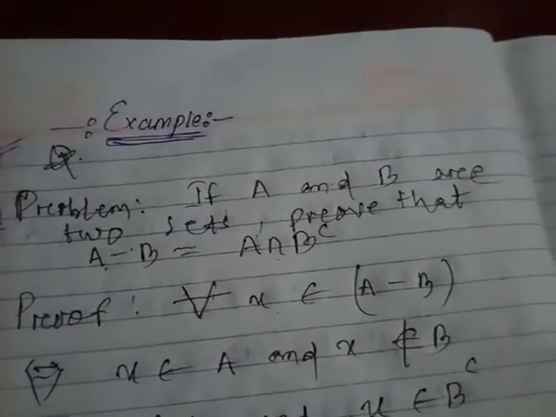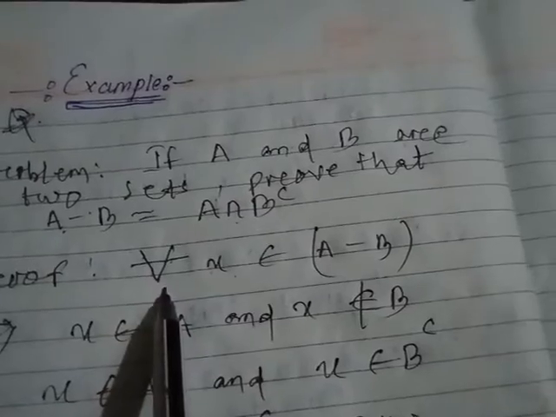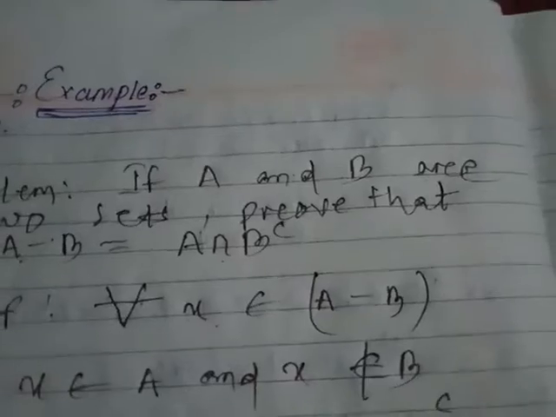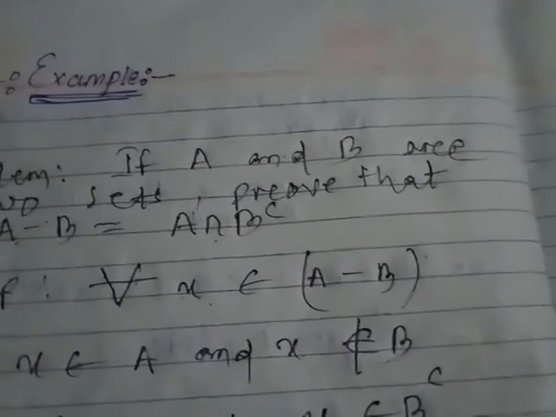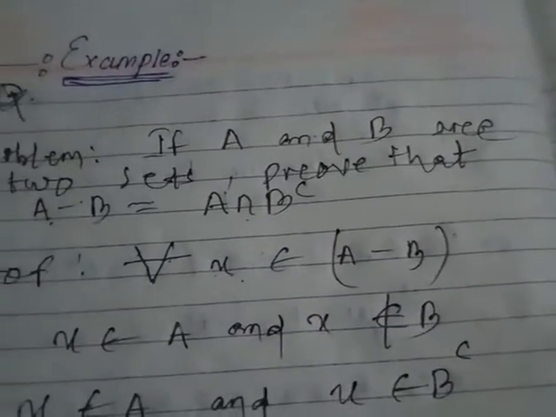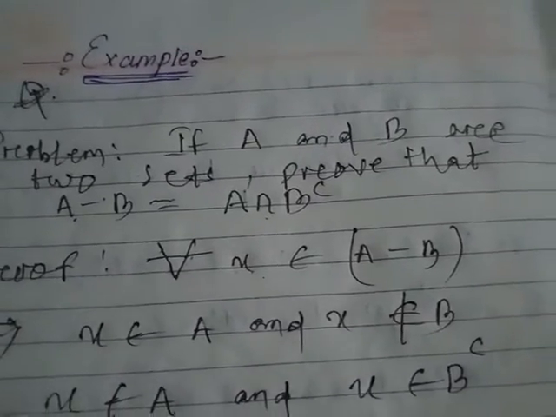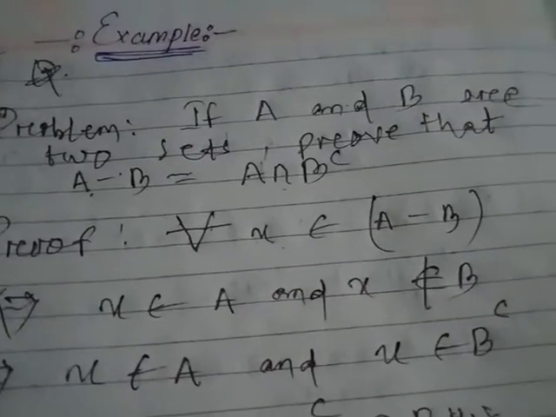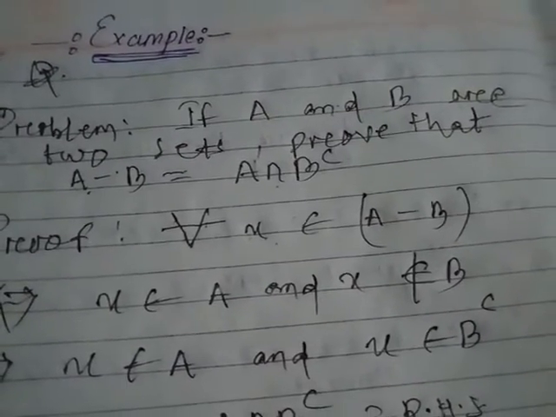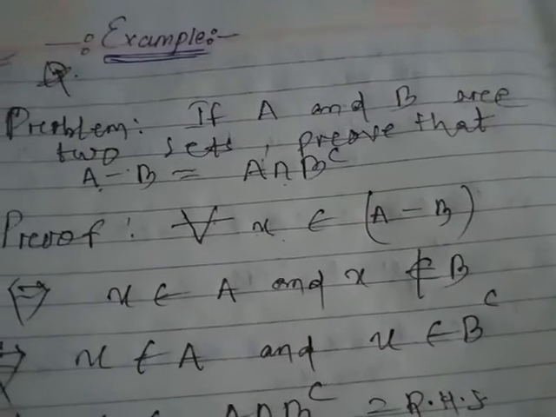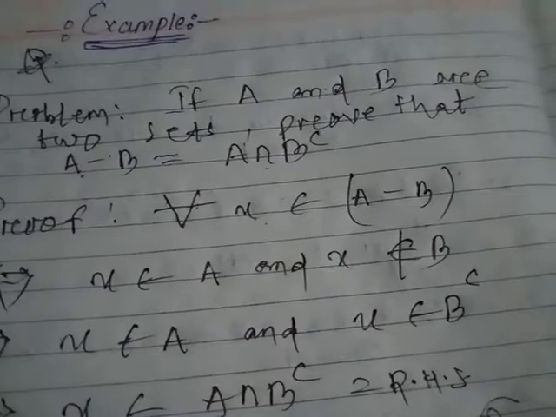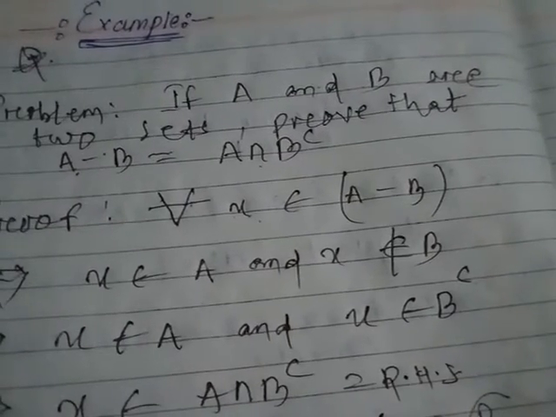Okay students, let us see using the properties. Here it is written, for all element X belongs to A difference B. Let X be any element belonging to A difference B. Then, according to the definition of A difference B, X belongs to A difference B implies and is implied by X belongs to A and X does not belong to B. Those elements that are in A but not in B are called the elements of A difference B.